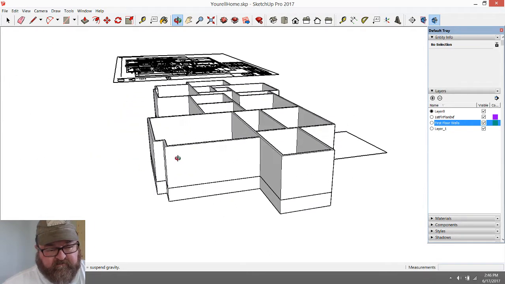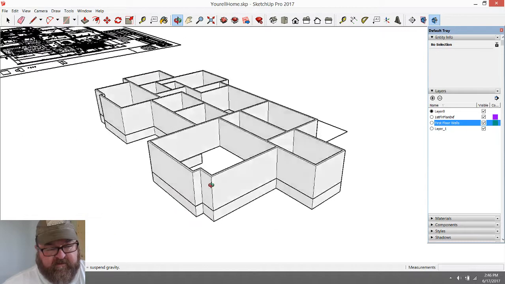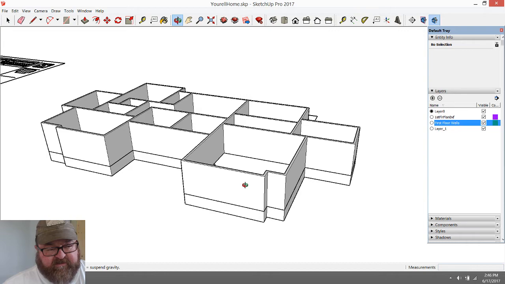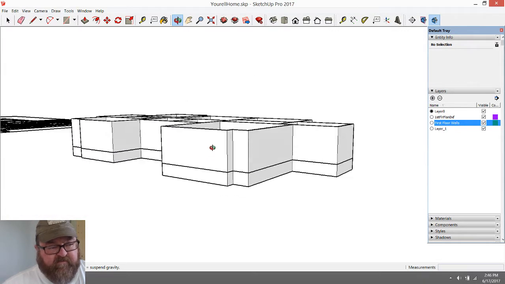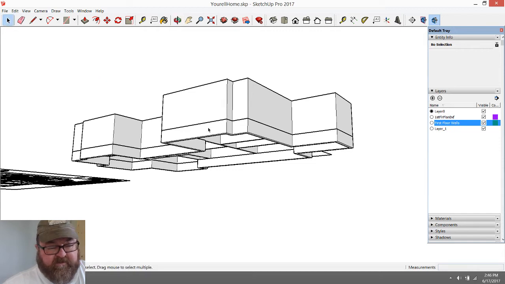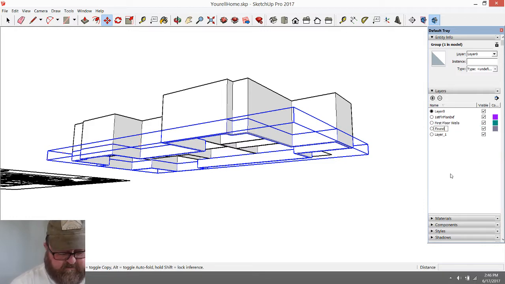Oh, well, the funny thing is I should have created my subfloor first, my floor system. So what I'm going to do is pull this down. Well, I'm going to create a layer called foundation,